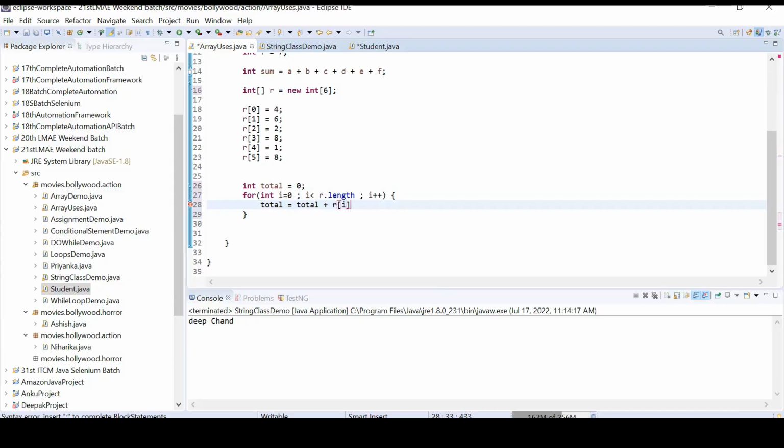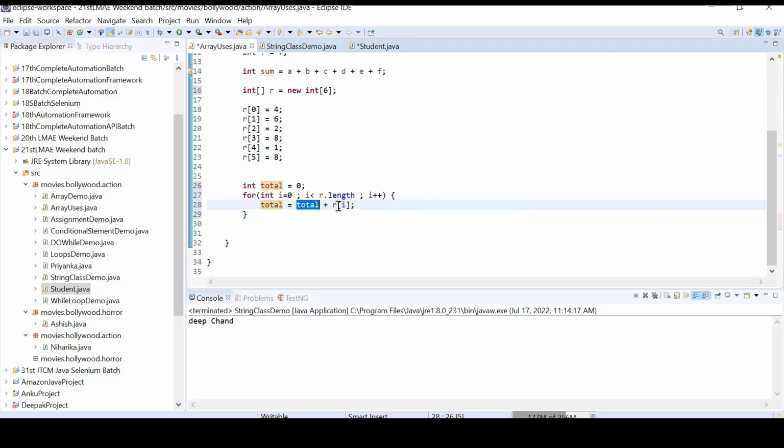क्यों i लिखूंगा, क्योंकि अब मैंने जनरल कोड लिख दिया है। जब ये लूप पहली बार चलेगा, when this loop will run first time, total is 0, r[0] is 4, ये दोनों का सम, what will be the sum of total plus r[i], 4, and 4 will store again in the total variable। जो भी आपने सम किया दोबारा टोटल में स्टोर कर दे रहे हो। तो आफ्टर फर्स्ट आइट्रेशन, टोटल की वैल्यू क्या हो जाएगी, 4। अगली बार जब लूप चलेगा i प्लस प्लस होगा, लूप के अंदर आया, पहले राइट साइड की चीजें चलती हैं, तो टोटल की वैल्यू थी 4 और r[1] की वैल्यू हो गई 6।